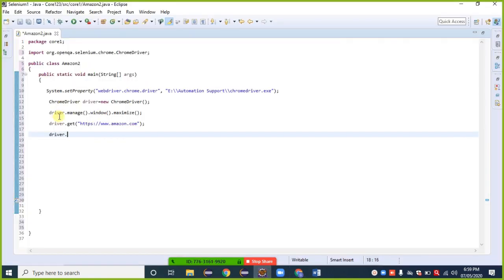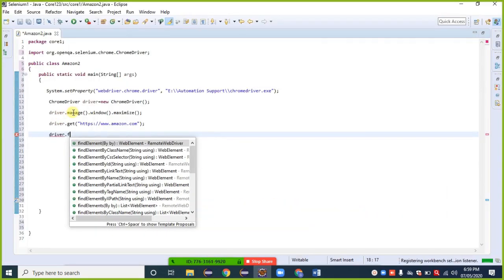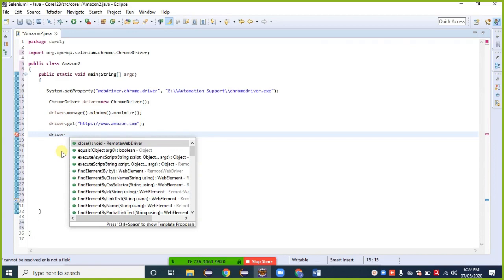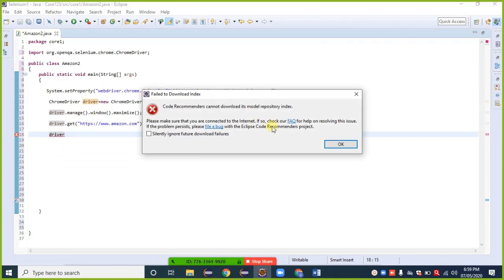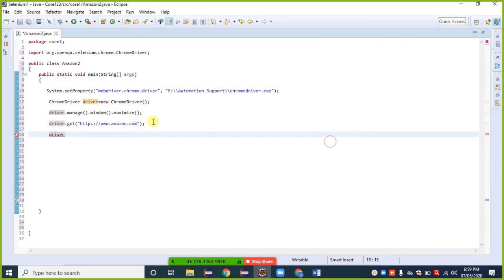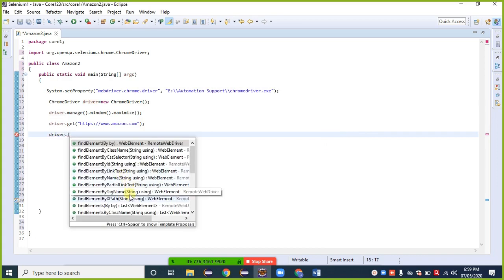Here, driver dot find element, driver dot find element by xpath. The option is available: find element by xpath.